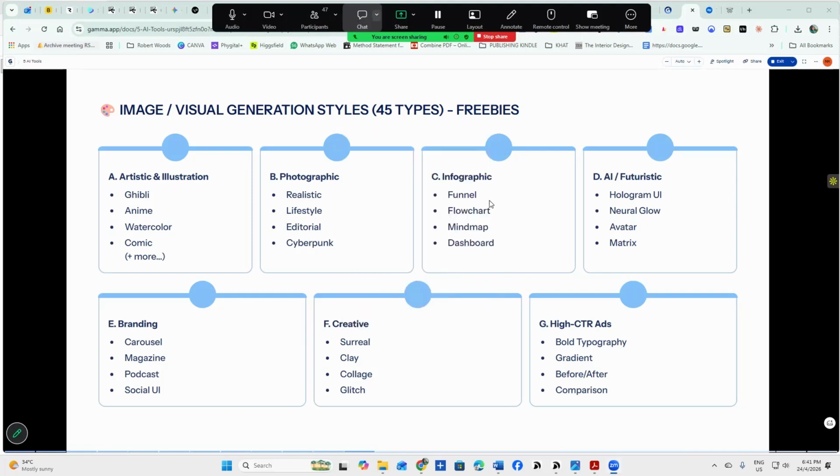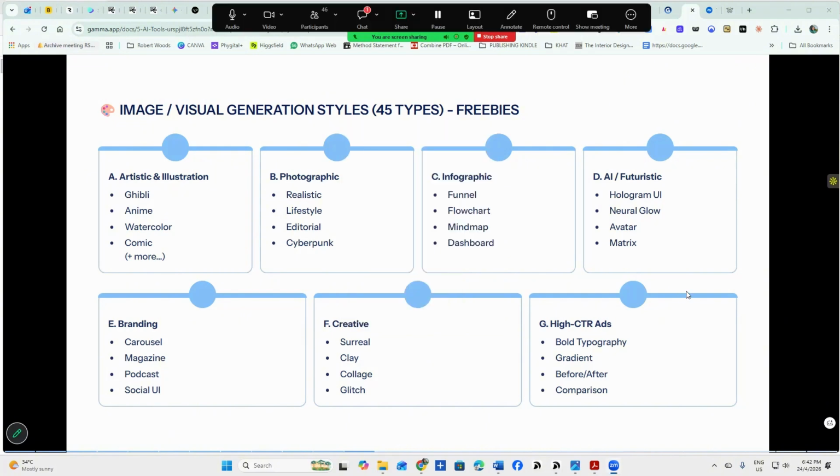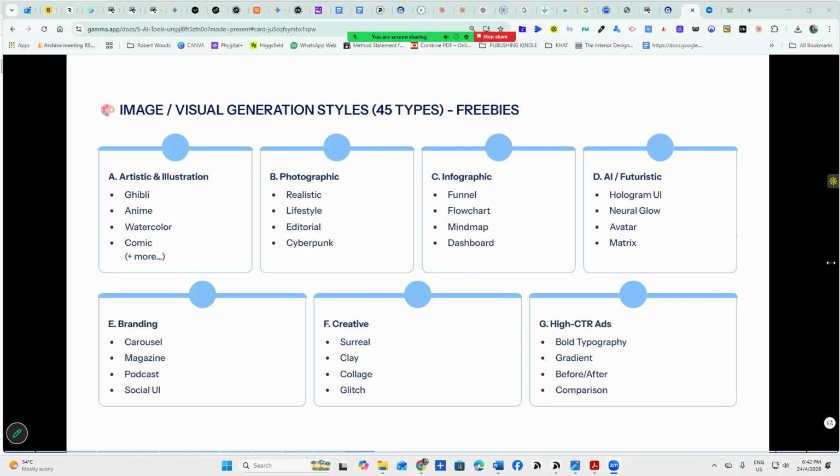Thank you. Can see blur. Blur. Which one is blur? My slide or Zarina is saying blur. I hope you're not watching from the phone, huh? Okay. We go to next.